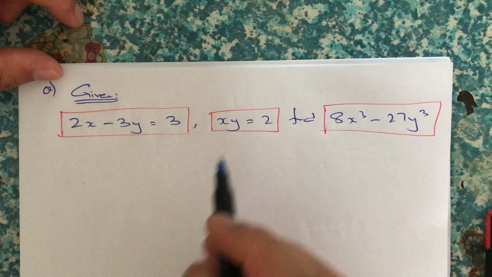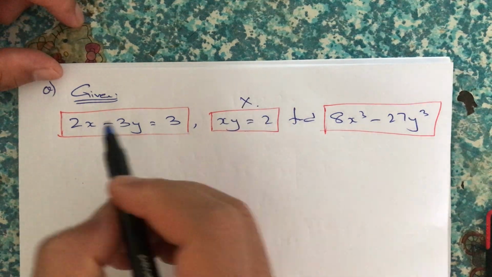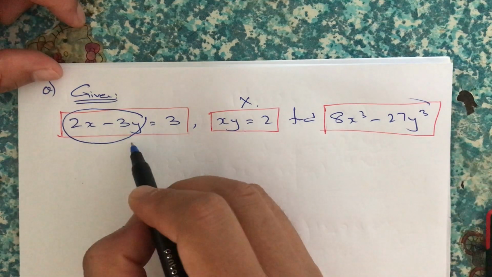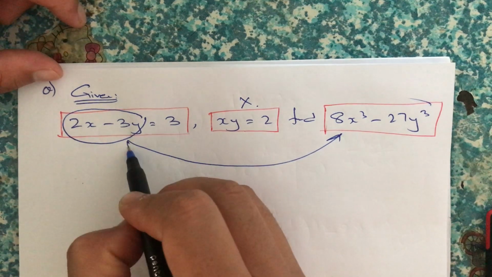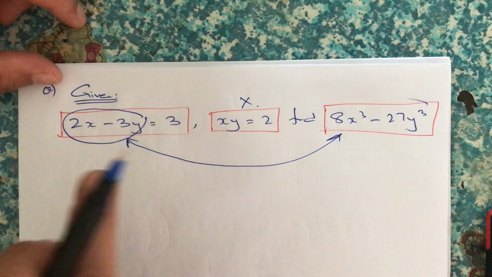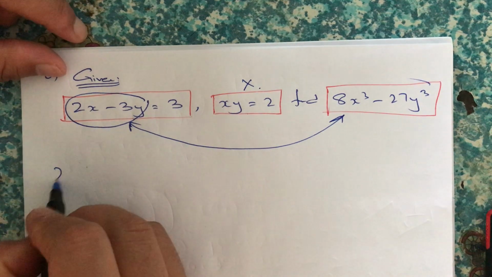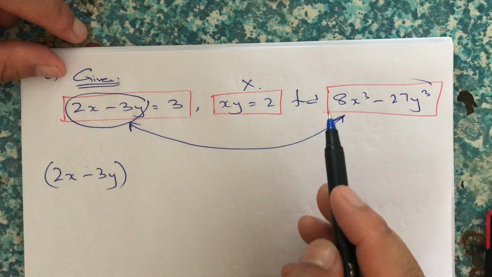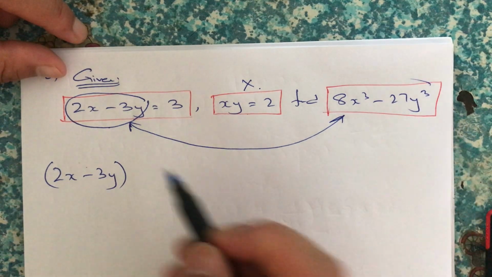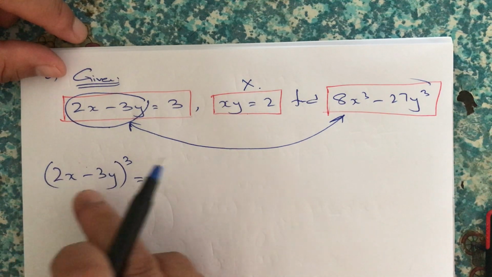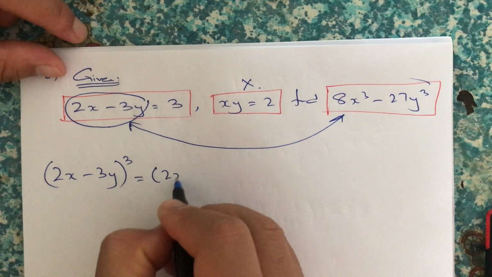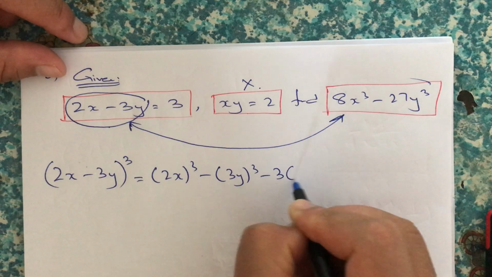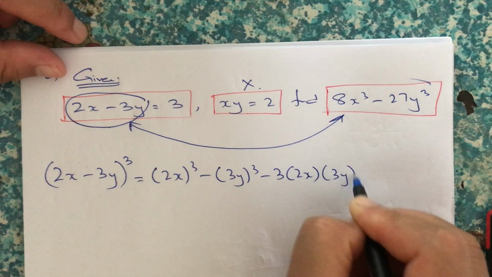Okay, so we first ignore this for the time being, we only focus on this part of the question, and then what is asked to find, we focus on these 2. Now between these 2, which is the smaller group? Definitely this is the smaller group, so we write the smaller group and then put it inside a bracket. And between this group and this group, what's the highest power? 3, so we put 3. Again, this is in the form of a minus b whole cube formula. So this is the first cube minus the second cube minus 3 into the first into the second, bracket